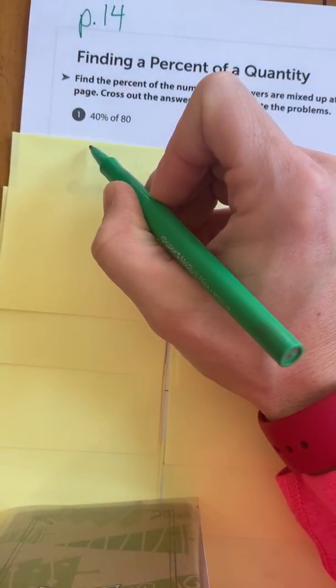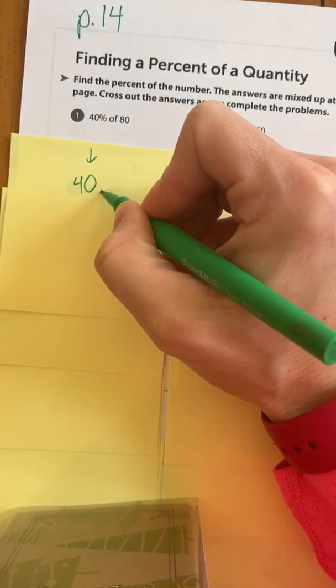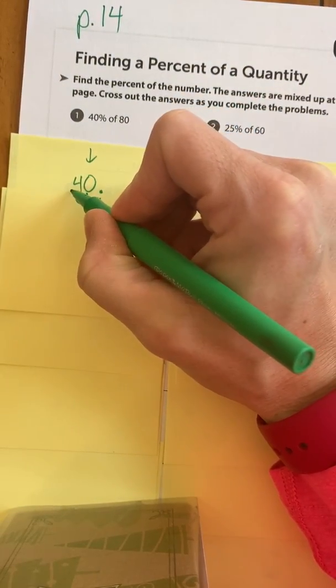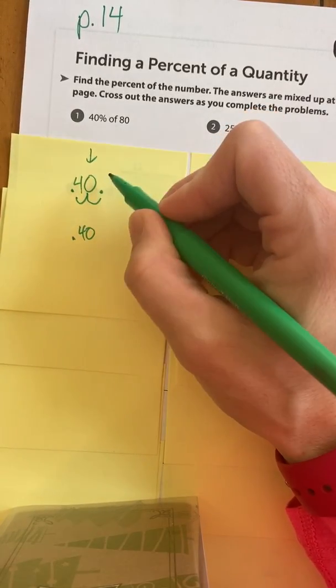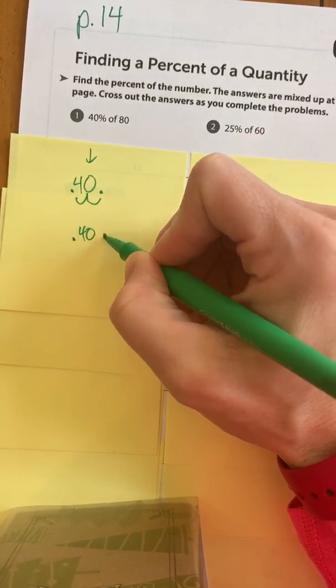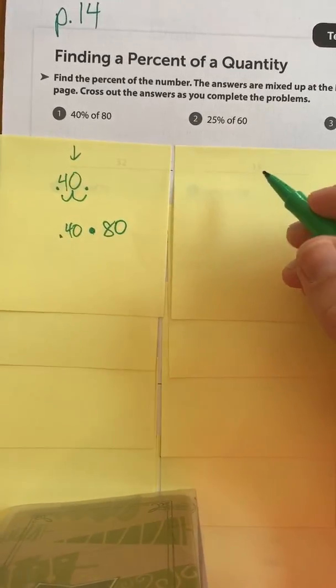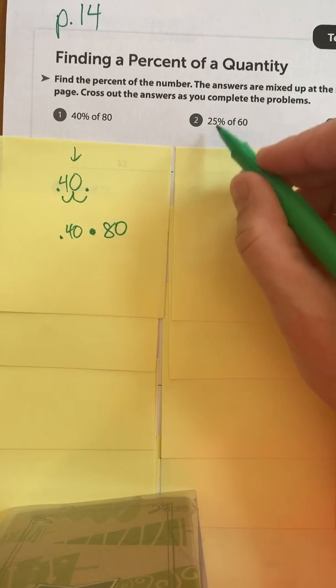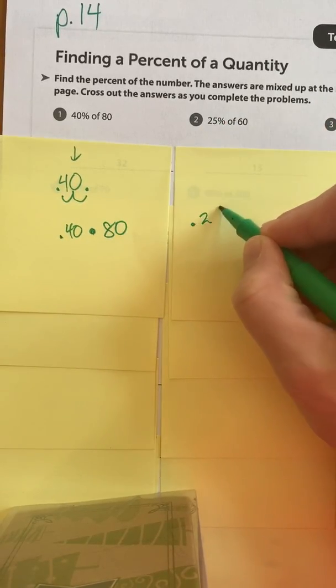All right, so what is 40% as a decimal? Move the decimal point over 2 spots, 1, 2, drop it. So 0.40, and the word of means times the number they give you, 80. Okay, nice job. We'll do it in a second. Now let's change 25%, which is 0.25 times 60. And then over here,